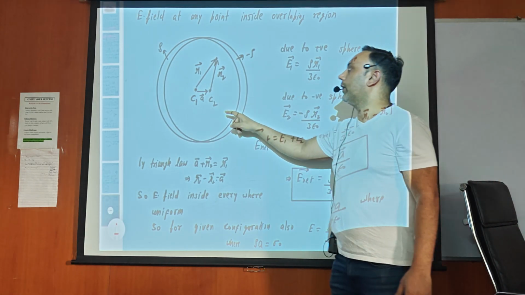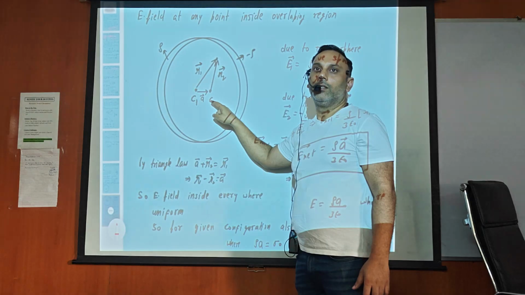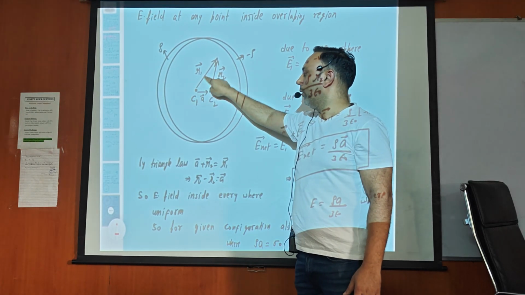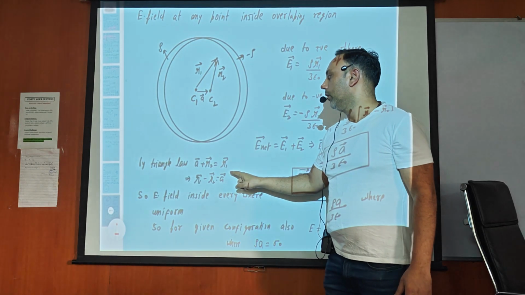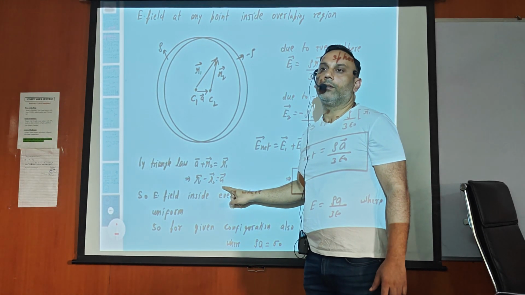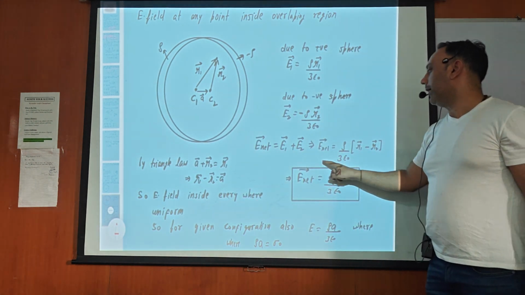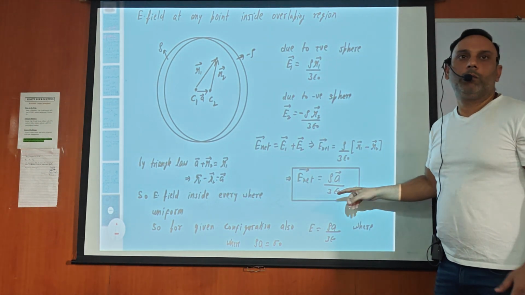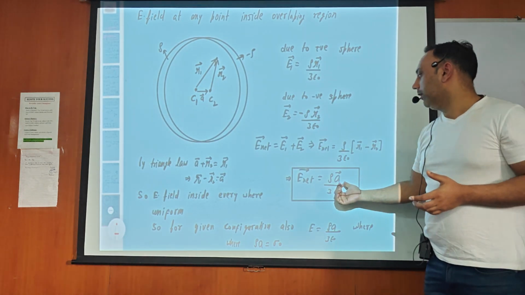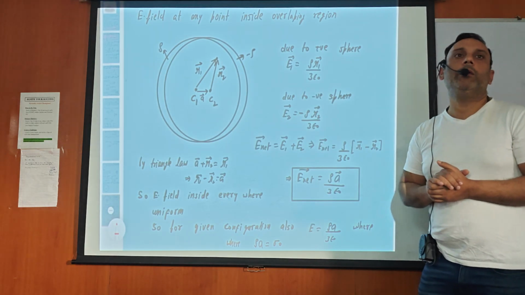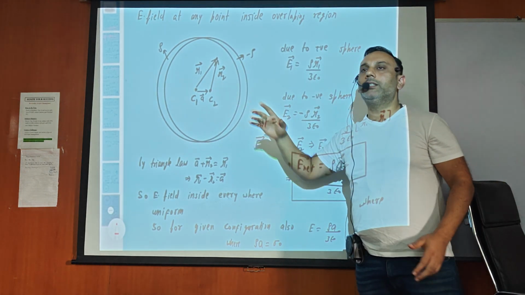So by the triangle law of vector addition, what is the R1 minus R2 vector, beta? A vector, right? So A vector plus R2 vector is equal to R1 vector. Here I have written A vector plus R2 vector is R1 vector. So R1 minus R2 is the A vector. Okay, beta? So what we get is the A vector. So the net electric field I am getting is constant. I am getting an expression for a constant, uniform electric field, meaning the magnitude and direction are both the same at every point inside.